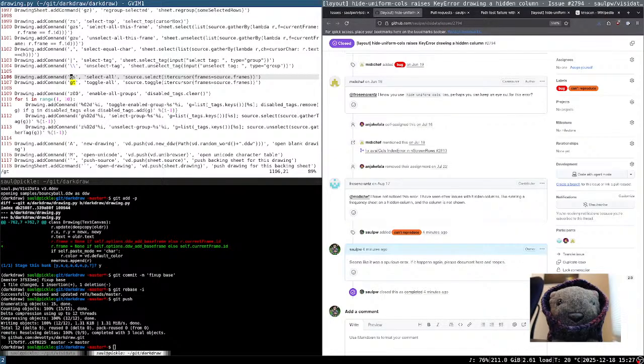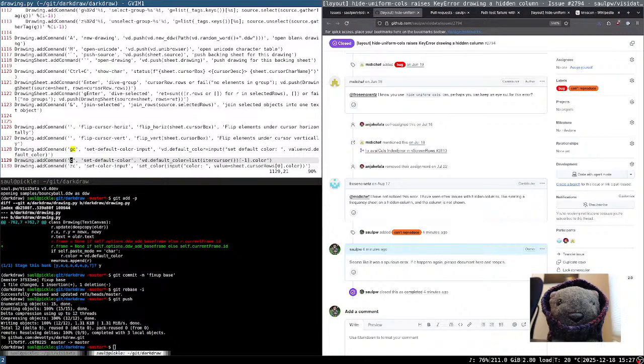Actually, GC, what was I saying? GC should set the color on everything that's selected. Yeah, if we're making this be like visidata, then GC should set just like C, except for on the entire selection, not the entire cursor. Set default color, or set,